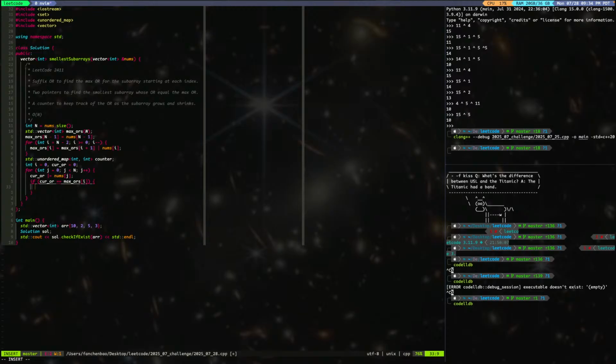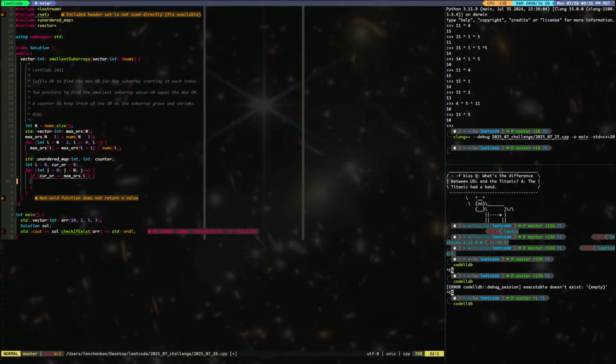Essentially, once it is, we move this one forward, right? Now we check. If it is equal, then we move it forward, and if it's not, then we do this, then we move on to the next one. I think it should be different. Should be, if it's equal, right? If it's equal,